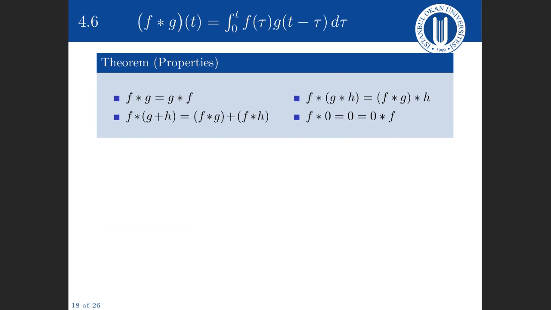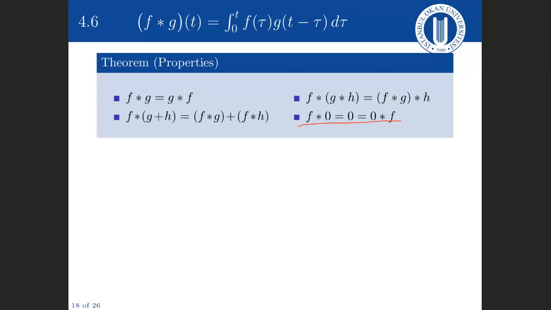So properties of convolution. F convoluted with G is always the same as G convoluted with F. F convoluted with G plus H is the same as F convoluted with G plus F convoluted with H. If we do G convolution H first, and then we do F convolution that, this is the same as doing F convolution G first, and then convoluted with H. And finally,